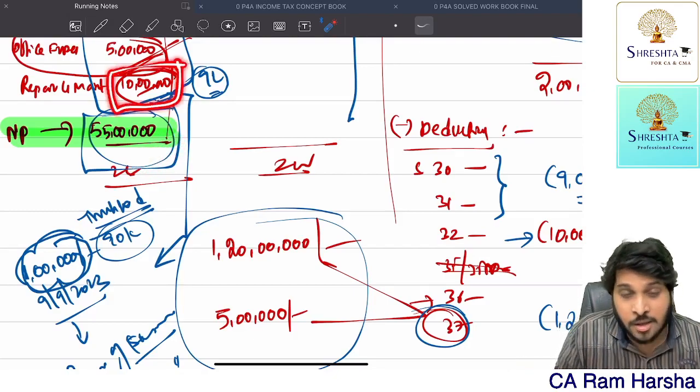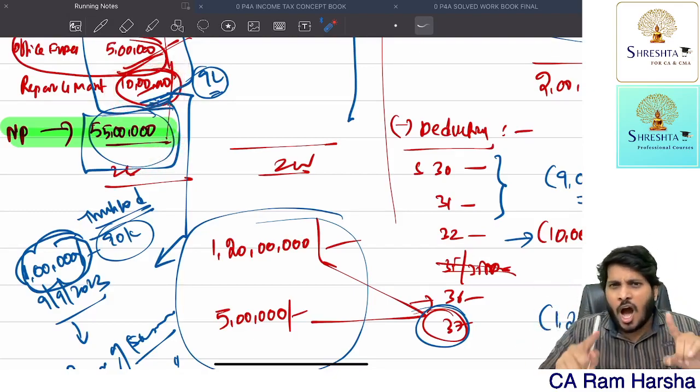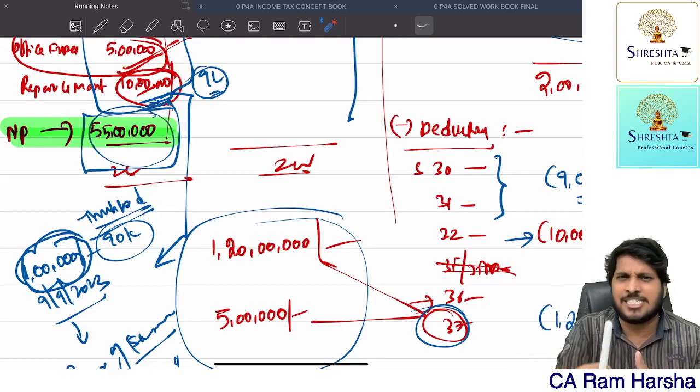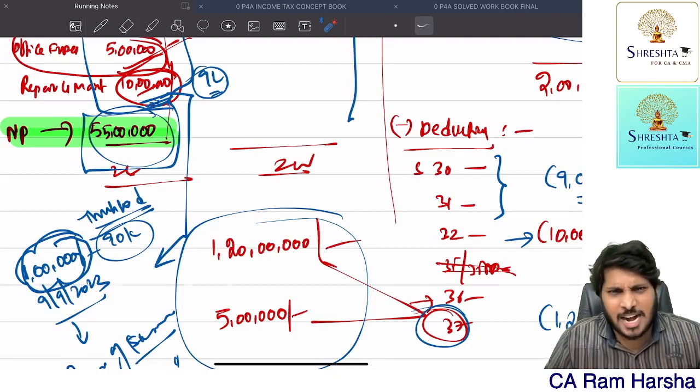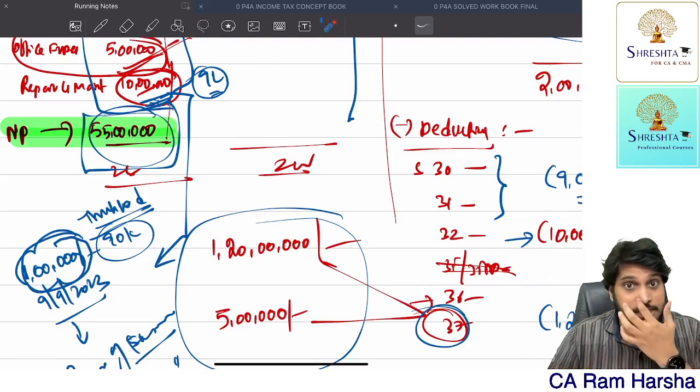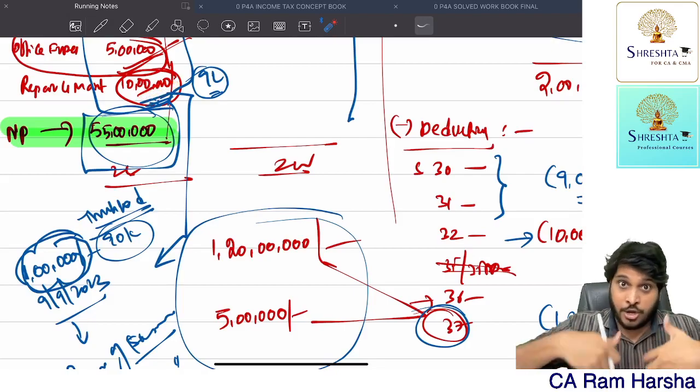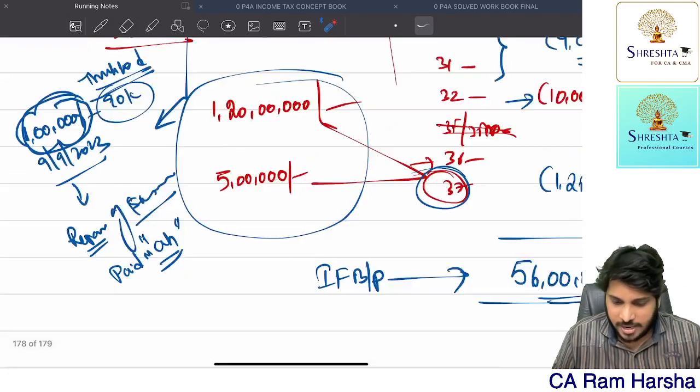We reduced 10. As per income tax law, how much of it will be considered? Only 9 will be considered. 1 lakh rupees is not admitted, correct? That is disallowed. Disallowed means what? Hey, you already reduced 10 lakhs for calculating this 55 lakh profit,